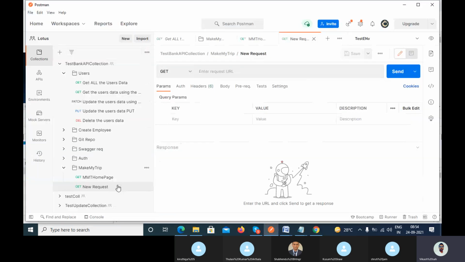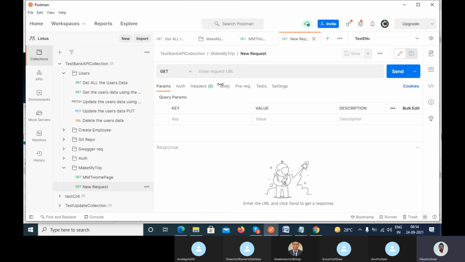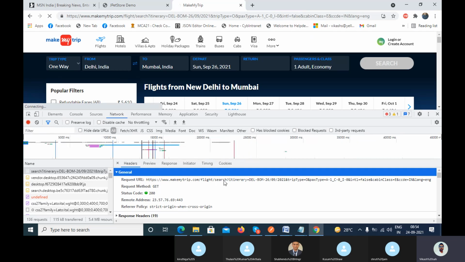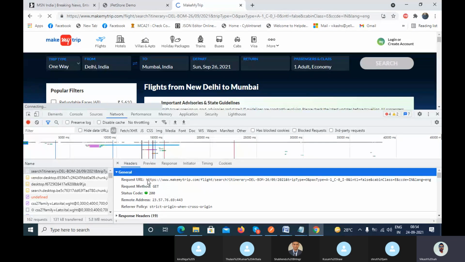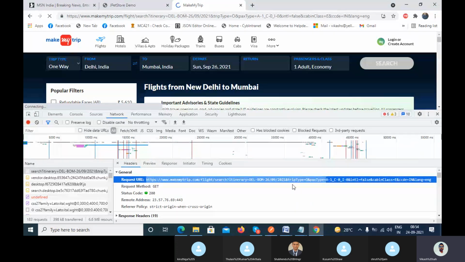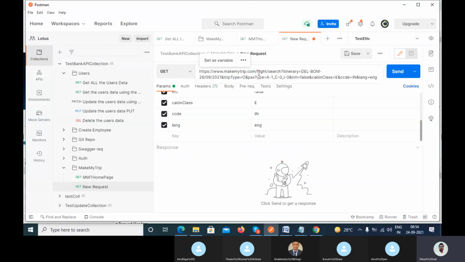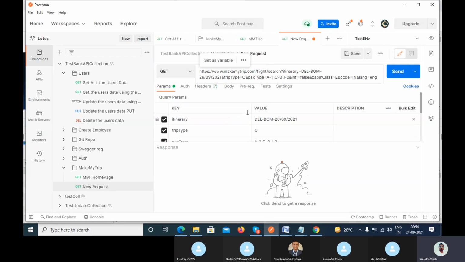So here we can create one request and use this base URL and pass it here. Then whatever query param they are using, you can see it here. Let me copy this value and paste it here. This is your query param, right?